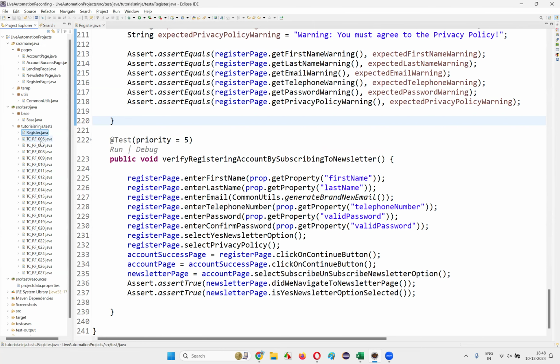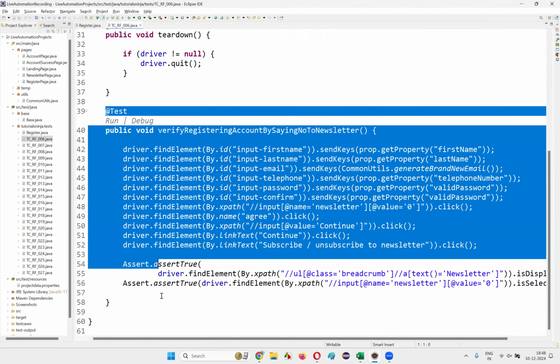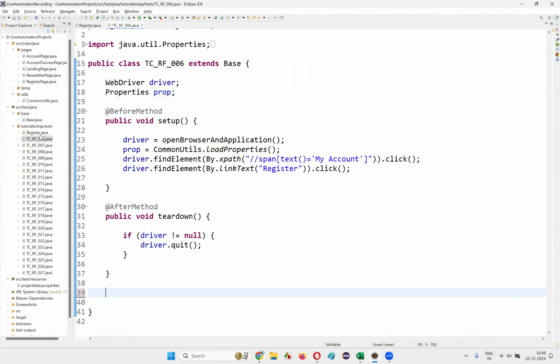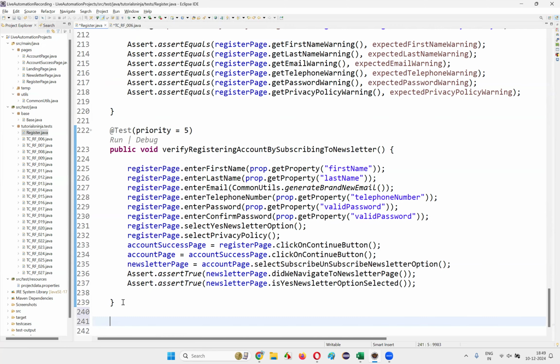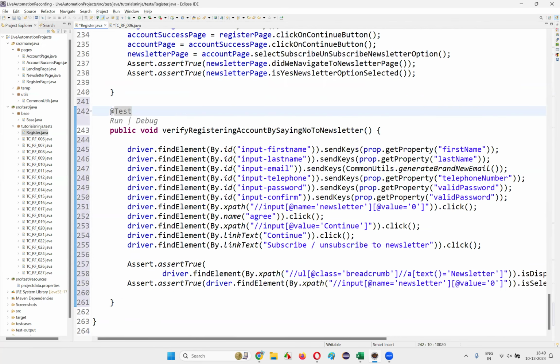If you go to the sixth one, most of the things will be the same, but a few changes may be there. Here also a test is there. Cut this particular test, move on to the Register.java and paste it here, and give the priority as 6. Priority is equal to 6. Once that is done, here write down